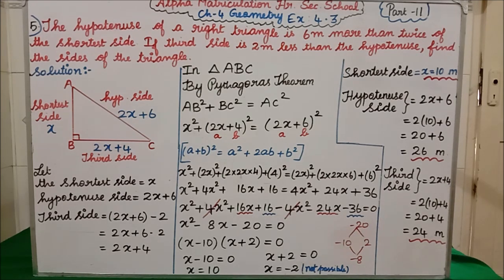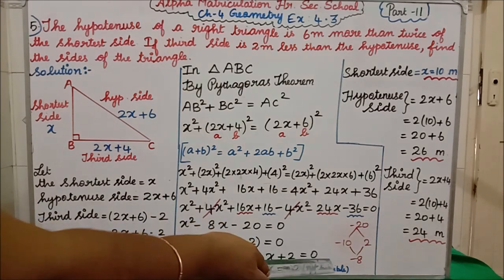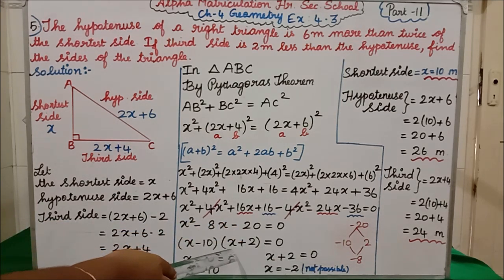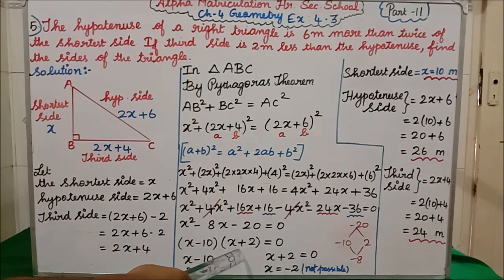We have completed the factors. Now we have to write the answer here. So how will you write here? Now what alphabet are we using here? X alphabet. So write that X alphabet. What answer have you got? Minus 10. Then next is the X alphabet you are using. Write that X. Then what are we having? Plus 2 equal to 0.